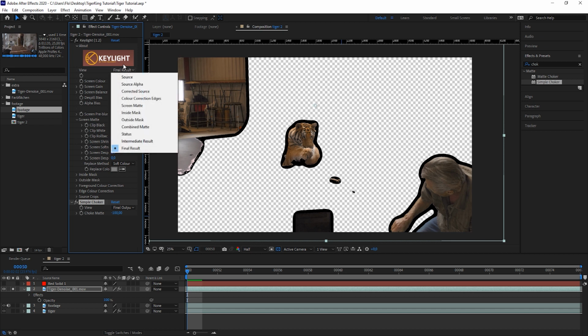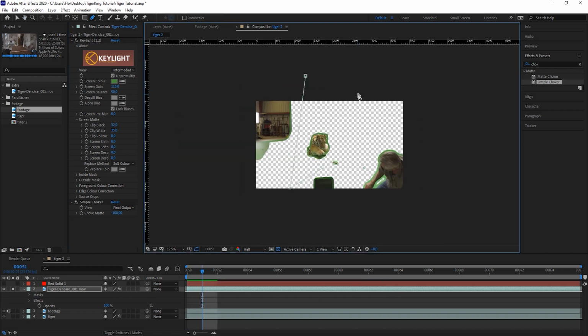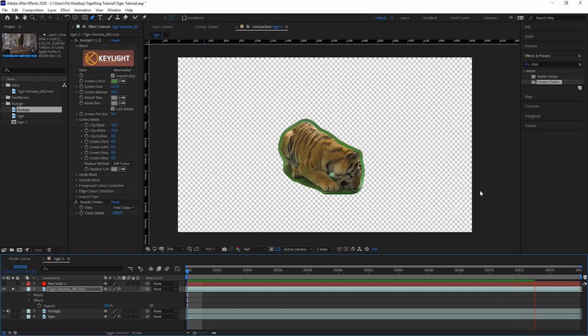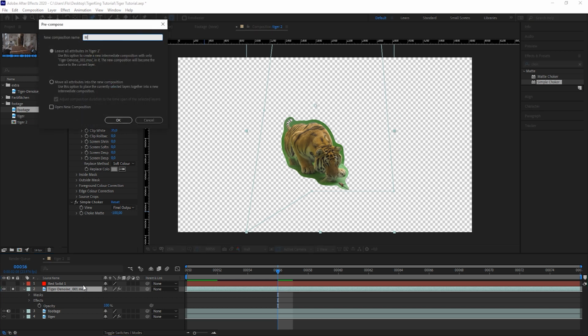So I'm not going for a final result, but for an intermediate result. And that's pretty good. So now let's just quickly create a mask, maybe around here. And we have created a pretty easy garbage matte, and now we only have to deal with that part of the clip. So now I'm simply pre-composing this and call this our matte,